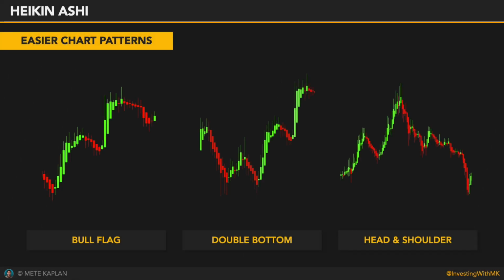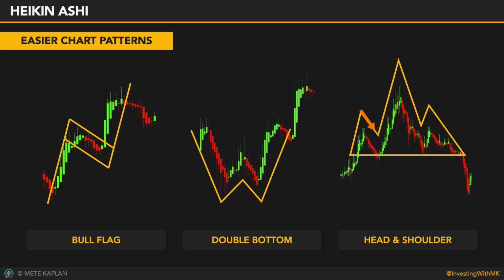I wanna give you a tip. You can use HEIKIN ASHI to support chart patterns because it clears all the noise from the charts. You can identify all types of chart patterns. Bull flags, head and shoulder, double bottom, or tops, so it's a very strong tool to use for all kinds